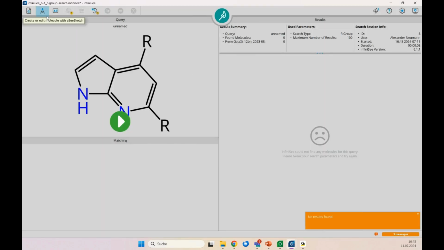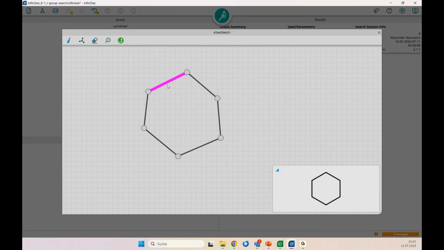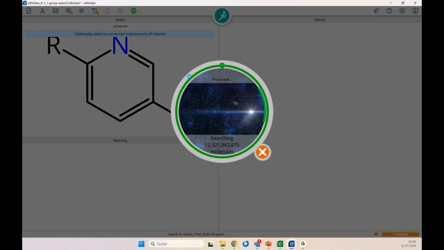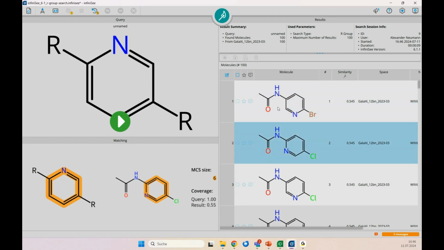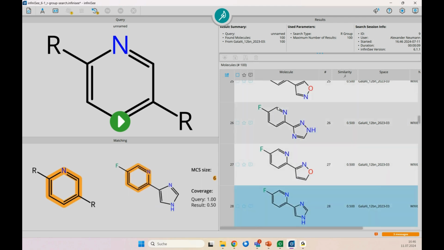Then let's do it like this. Simply draw this little fella here and add an R here and an R there. So ultimately, if you know the core structure of your compound, pharmacophore, whatever it is, simply put this whole thing inside and then mine for the compounds you're interested in. So again, you can see the core structure is in there and only substitutions in the desired positions were mined